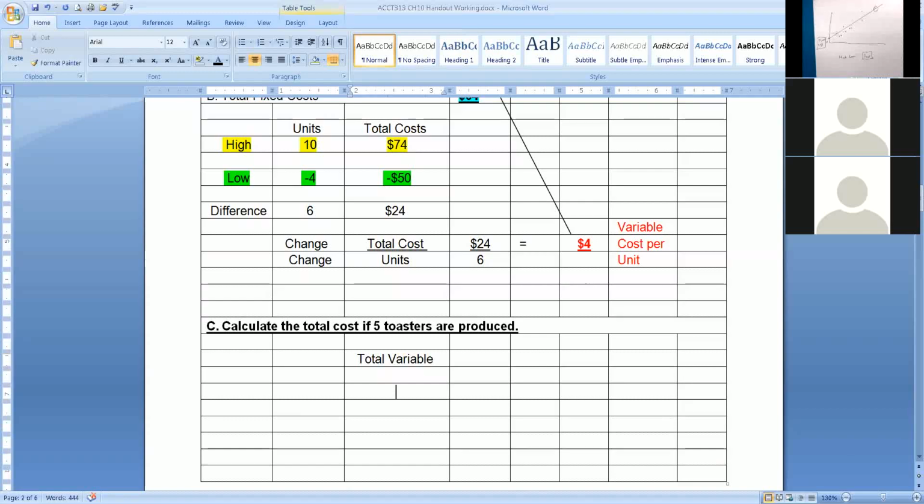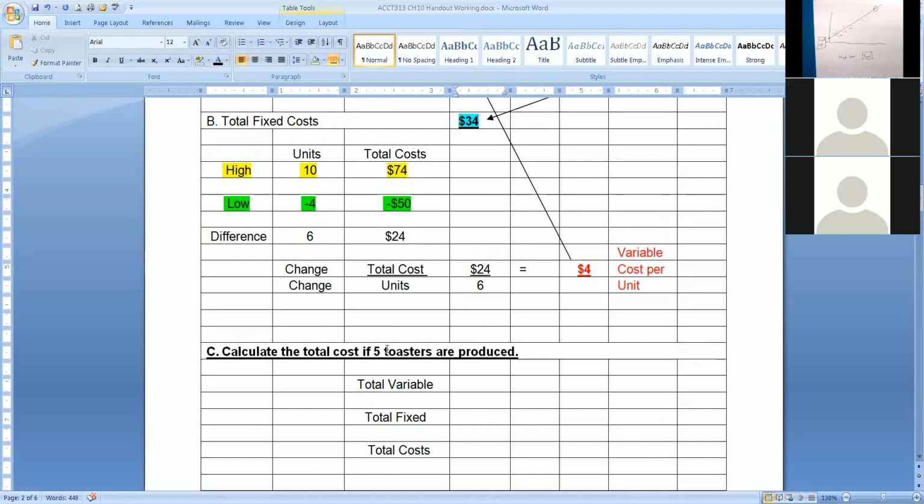And what would the fixed cost be? And this will be the total cost. So if we made 5 toasters, or 5 units,